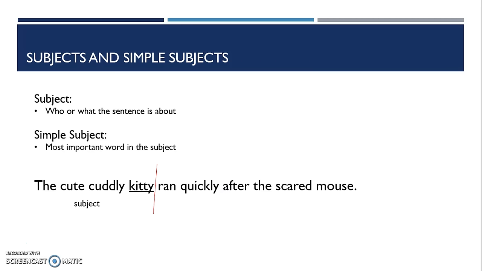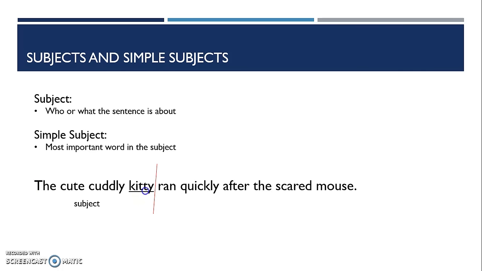All right. Subjects and predicates. So you're going to be writing on the outside, the front of the left flap about subjects. A subject, you simply have to write a bullet point, who or what the sentence is about. And the simple subject is simply the most important word in the subject. You do not have to write this example. It's just my example for you. The cute cuddly kitty ran quickly after the scared mouse. All right, kitty is who the sentence is about. The complete subject is the cute cuddly kitty, and the most important word in that is kitty, so that is